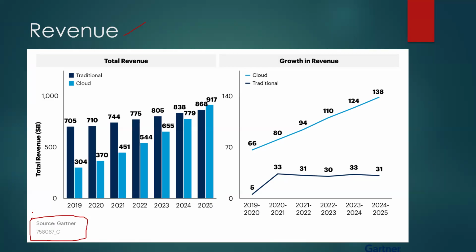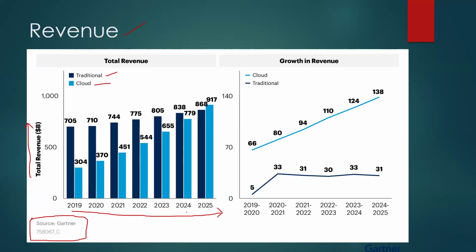So how cloud is going to grow when you compare it with the on-premise, right? We have just spoken about on-premise, right? So that's what we are going to have the comparison on. See, traditional, you can see here traditional versus cloud. So that's what we are going to have for the next 1 minute. And see, this is in terms of billion dollars, and they have spread the bar chart for about 6 years, right?